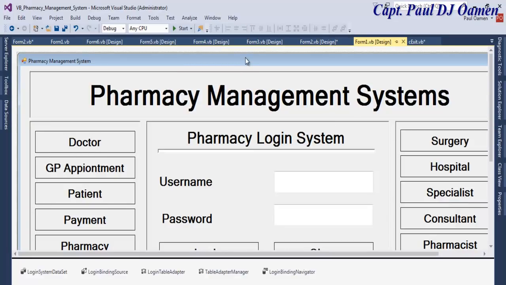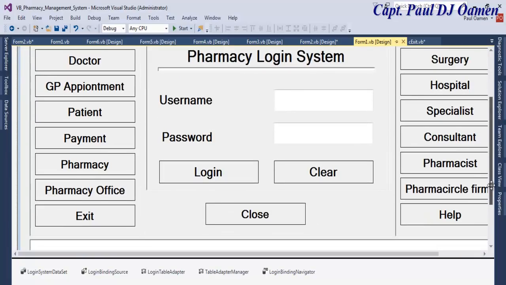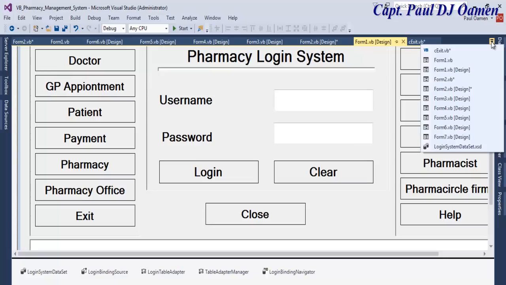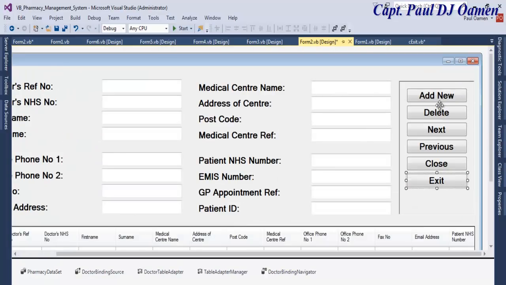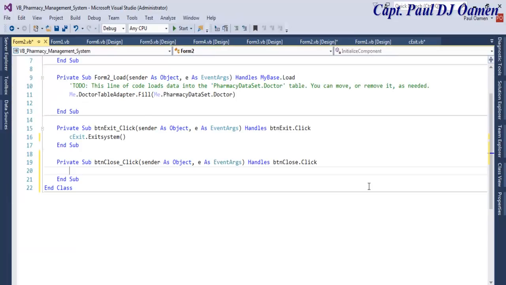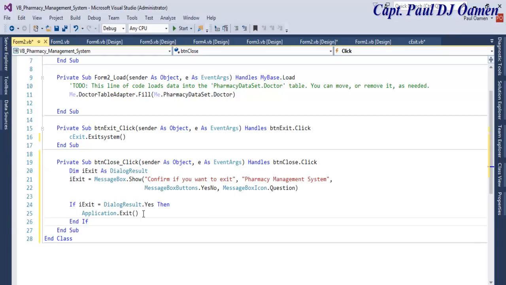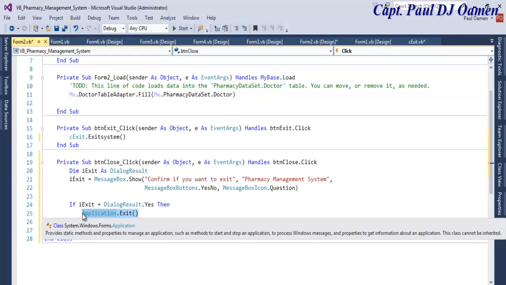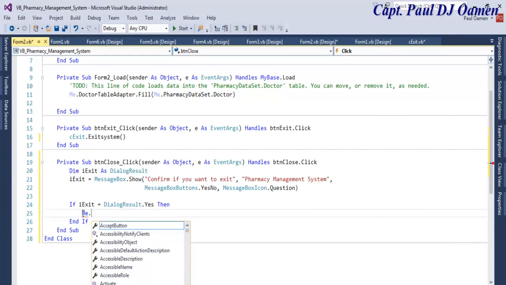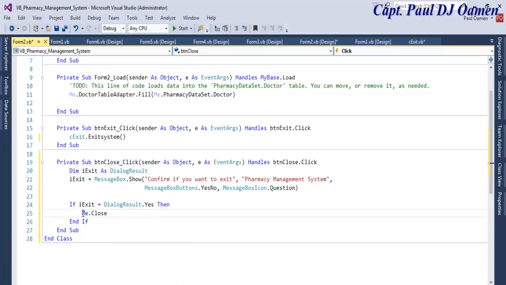There's no point because I will only use it once. Alright, then let's come straight into form to design, double click on close, paste that in there, and just change this to me dot close. There,